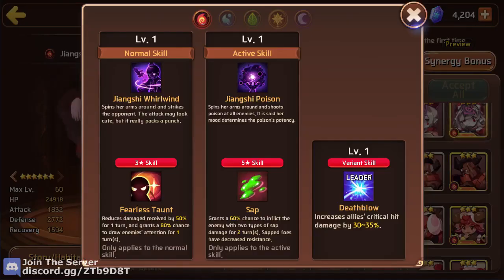Alright, so for her passive, she does indeed have Fearless Taunt. Reduces damage received by 50% for 1 turn, and 1 turn only, and grants a 80% chance to draw enemies' attention for 1 turn. Now this can be skill booked to a 2-turn duration for the 80% chance to draw enemies' attention for 2 turns. But you'll only have the 1 turn defense up, but then you can always, because you're always attacking the next turn anyway, so you get the defense up all the time, unless you choose to use your active, which is